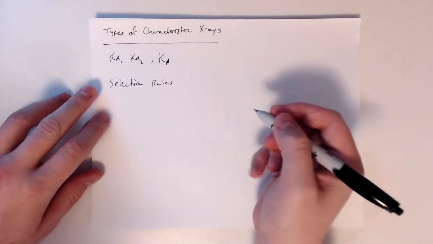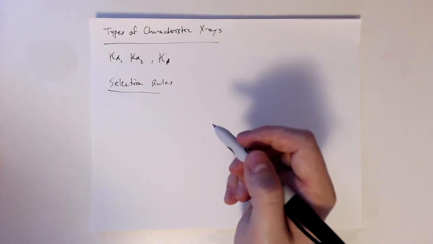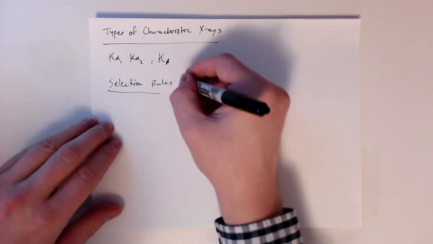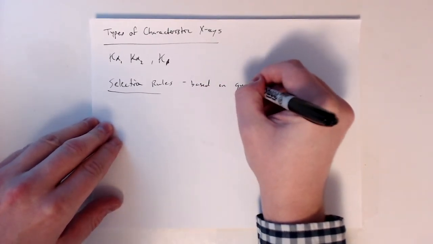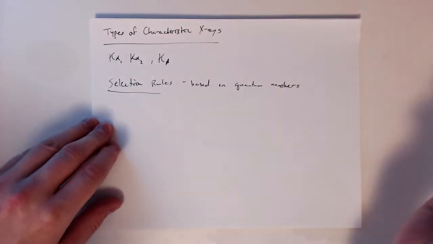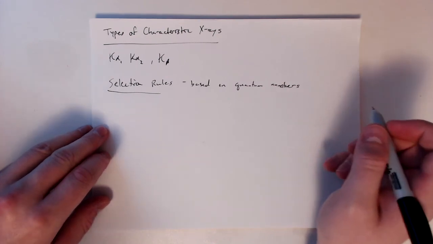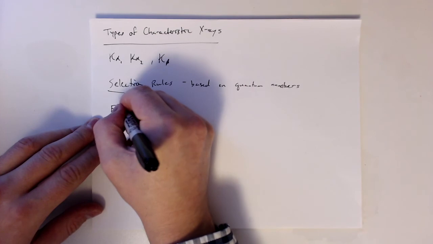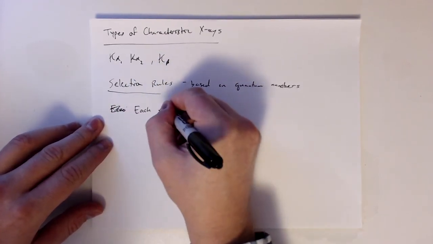And so that's what we're going to talk about now: what are the rules that have to be satisfied for a given transition to occur. These selection rules are based on the quantum numbers. So we're going to have to do a little bit of review of that first, just to make sure that we're all on the same page there. So as we hopefully know at this point, sorry about the handwriting here, each electron